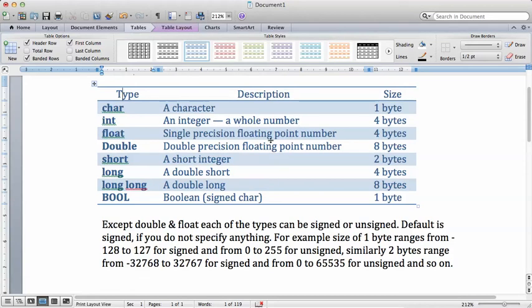Float is a single precision floating point number with 4 bytes. Double is a double precision floating point number with 8 bytes. Short is a short integer, which is half of int. Long is a double short, which is also 4 bytes. A double long is 8 bytes, which is 64 bits, and a boolean is a single char